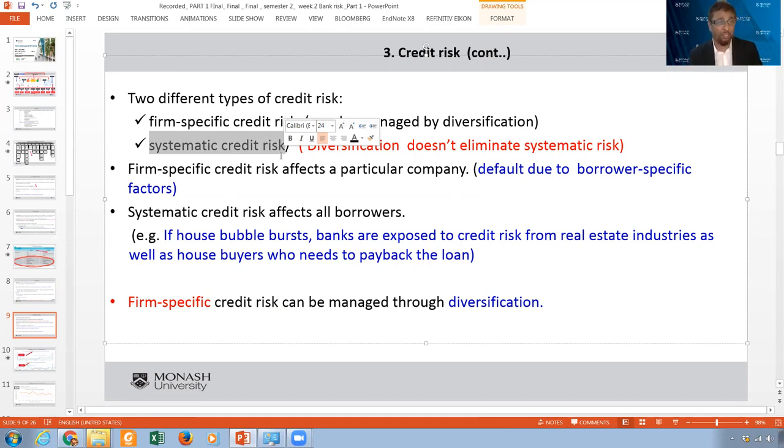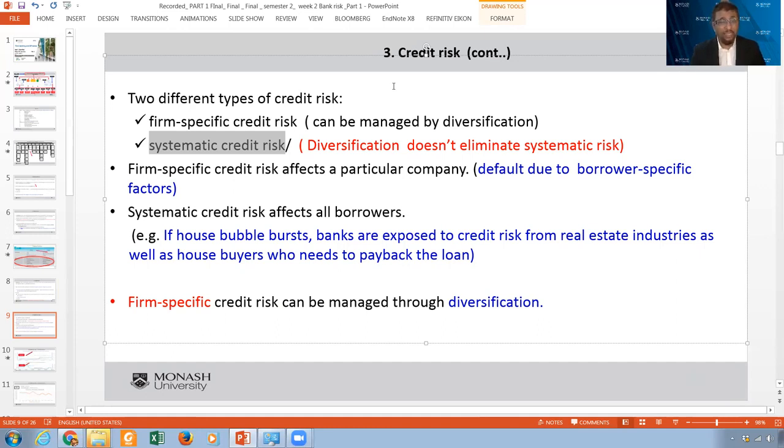But we can also have systematic credit risk. In other words, if there is a new technology, for example, you have a portfolio, and you are investing in everything. You are investing in technologies, oil, tourism, aviation, all those things. But actually there was a drop, like what we have seen during the financial crisis, or what we are seeing now during COVID.